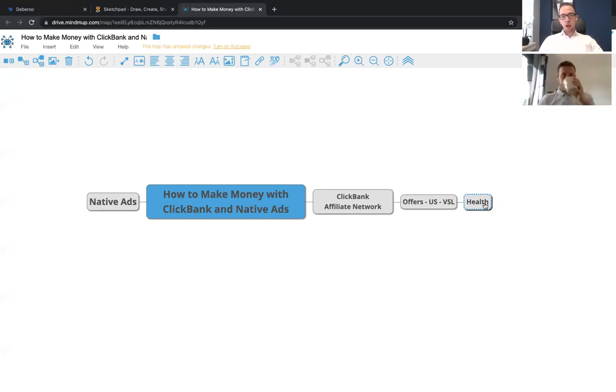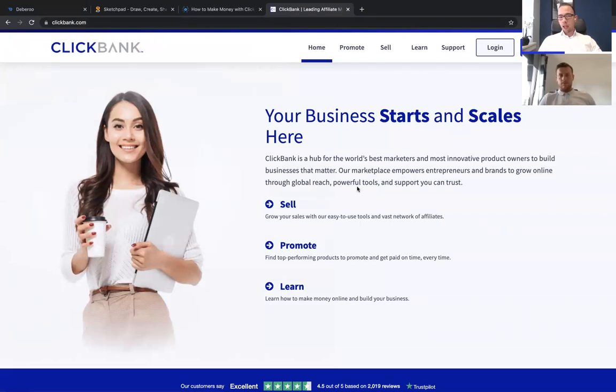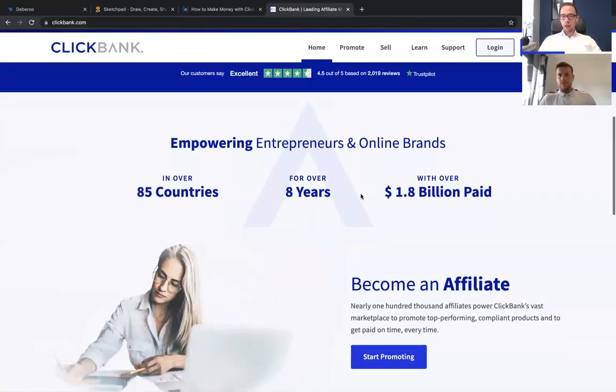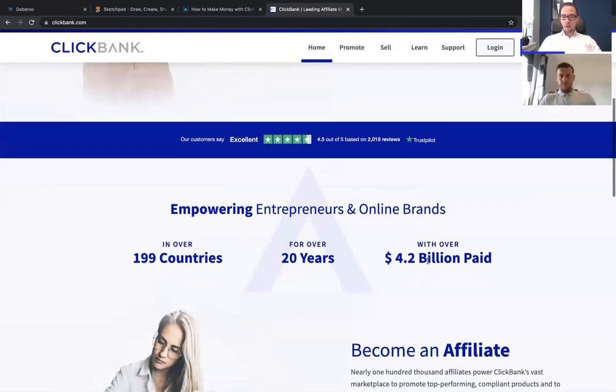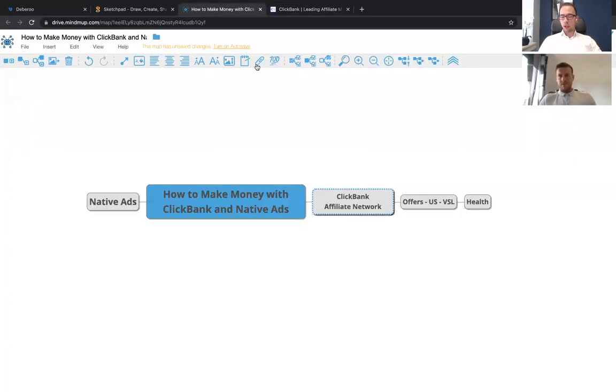So these are the pros. It converts really well because the offers are very aggressive, which is very important to understand. You have easy access to this platform. When you go to ClickBank, all you really need to do is sign up, and let's say 99% of affiliates will get approved. Look at their numbers here: 4.2 billion paid over 20 years. It's been around for a long time, but because of that, it also has quite the reputation. So the cons, and there will always be cons when working with partners,